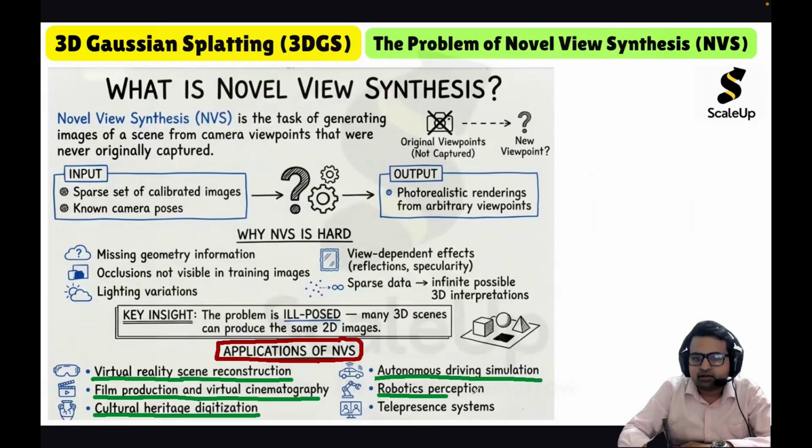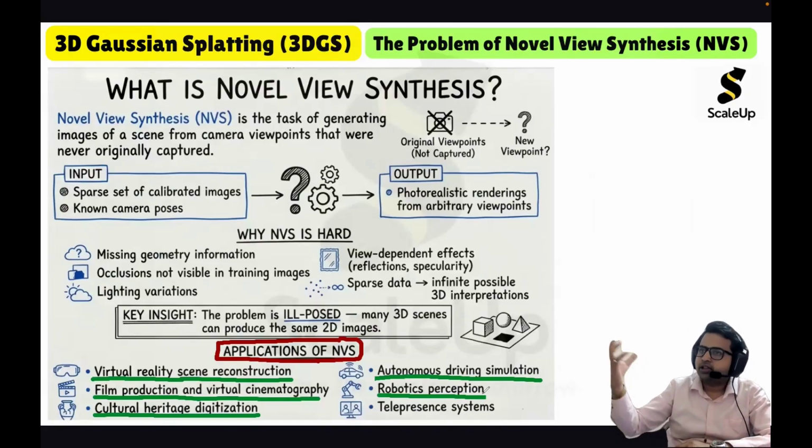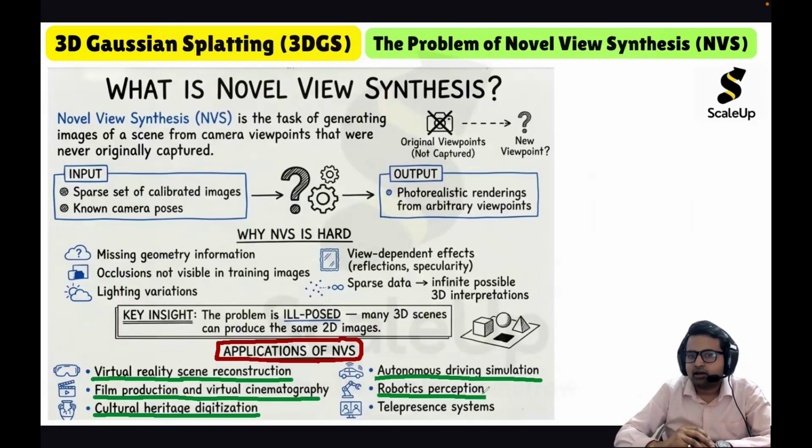Robotics perception, so the idea is that robots can perceive their environment. Using some discrete set of input images, we can generate a realistic 3D experience. So robots will get an idea about their 3D world, and they can act accordingly, which can be very powerful. Telepresence systems, so this is like a digital twin wherein